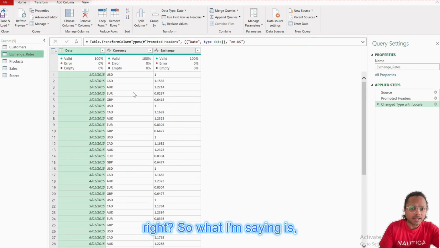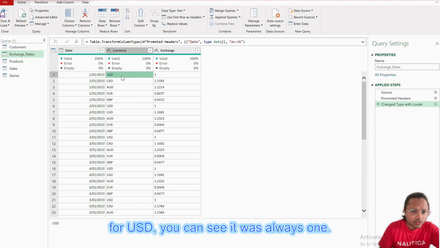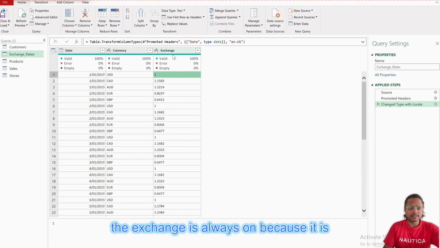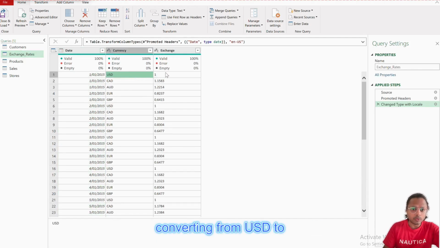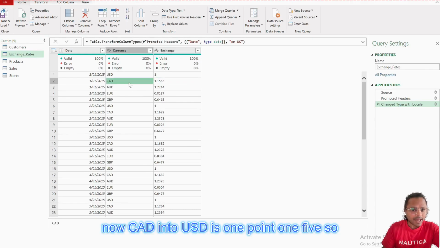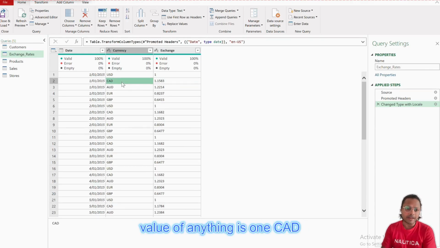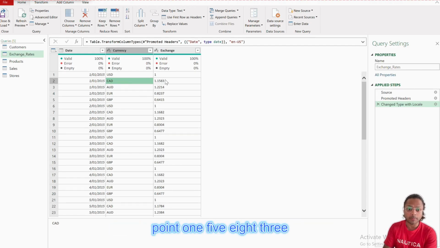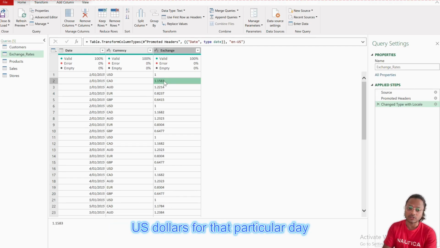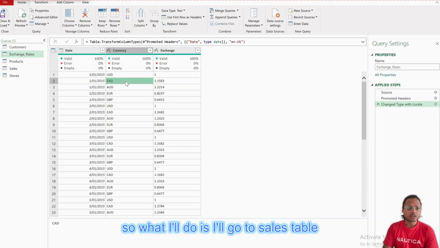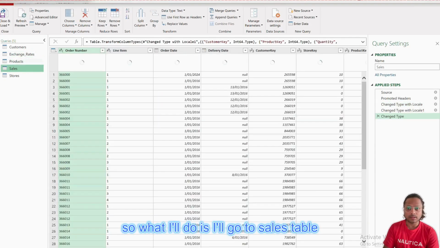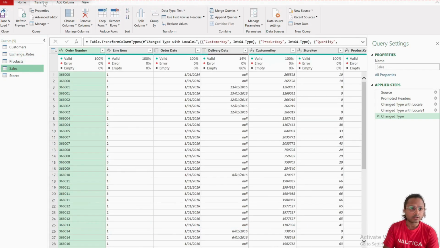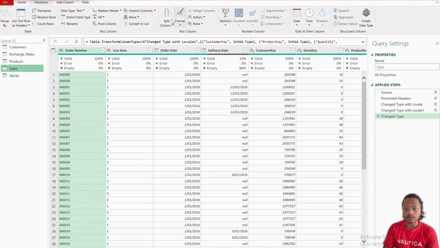What I'm saying is, for USD, you can see it was always 1. The exchange is always 1 because it is converting from USD to USD. Now CAD into USD is 1.15. So if the value of anything is 1 Canadian dollar, that is equal to 1.1583 US dollars for that particular day. So I'll go to the sales table, click on transform data, and actually this should be